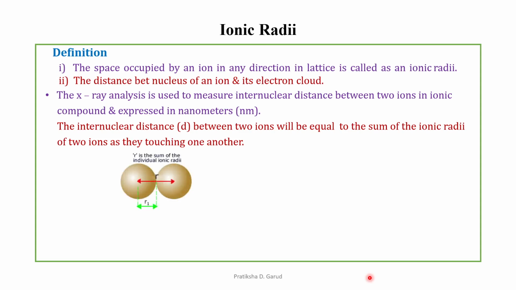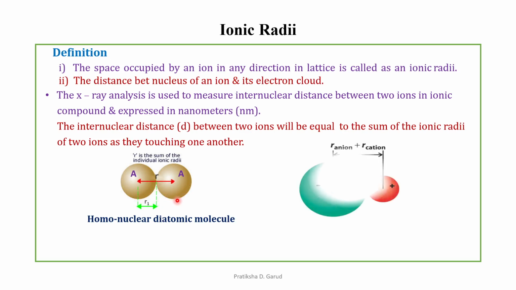So we have this molecule. This molecule is known as a homonuclear diatomic molecule. Why is it homonuclear diatomic? Because the two atoms which are forming the molecule are the same. Now here the distance from the nucleus to the outermost electron will be the radius for the first ion. Similarly we have the radius of the second atom. The combination of these two radii will be r, or the internuclear distance. So the internuclear distance is the sum of the ionic radii of the two ions. Why? Because they are touching each other.